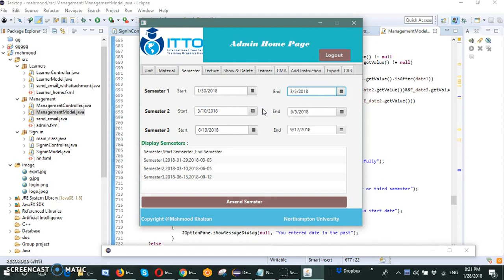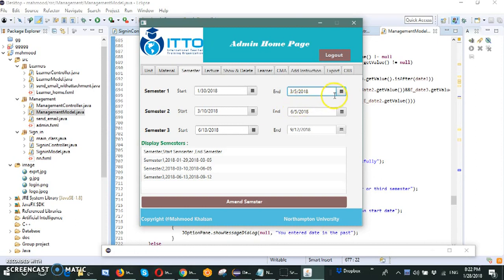As well as in case the date is in the past, a message will be displayed. In addition, in case the ending of each semester is less than the starting of the semester, a message will be displayed